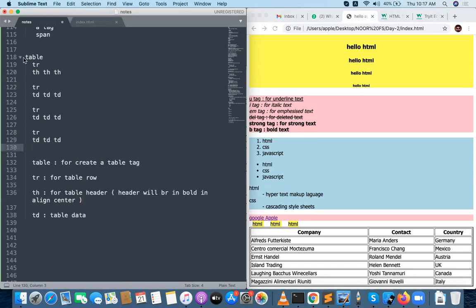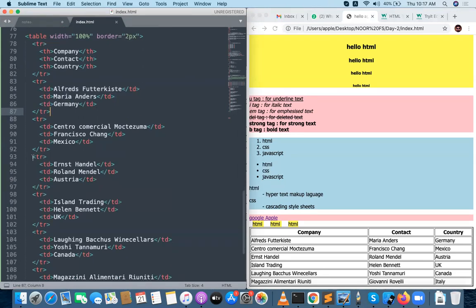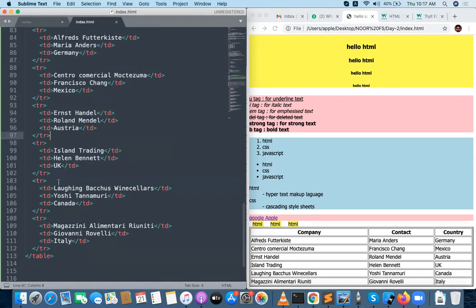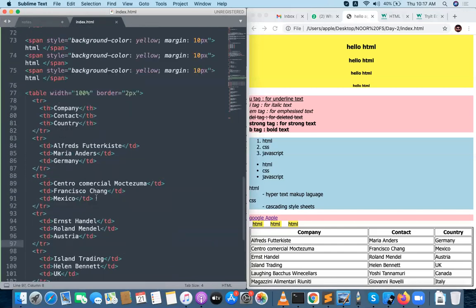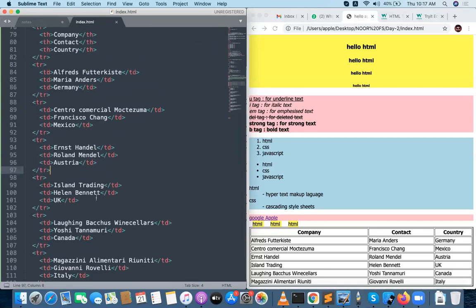So you see this table is the root level, inside that child level tr, and inside that th, th, th, and tr, th, th. So this architecture is very simple, I'm designing like this. The same way we are doing here. Table, tr, th, and again tr, td, td, td, tr, td, td, td, again tr, td, td, td, something like this. This content you can change. Whatever content you have, you'll be able to change it. Understandable, right?